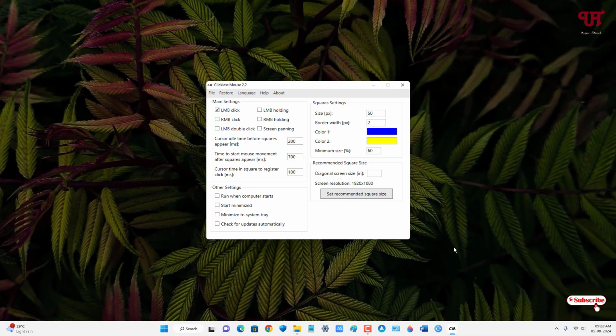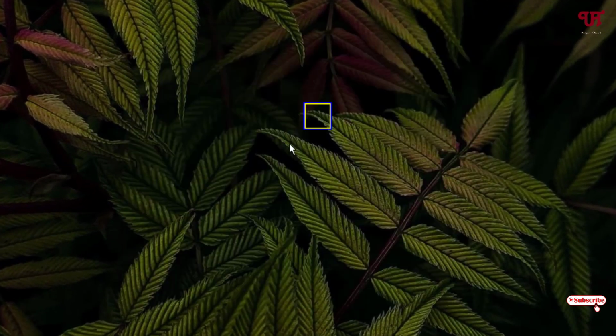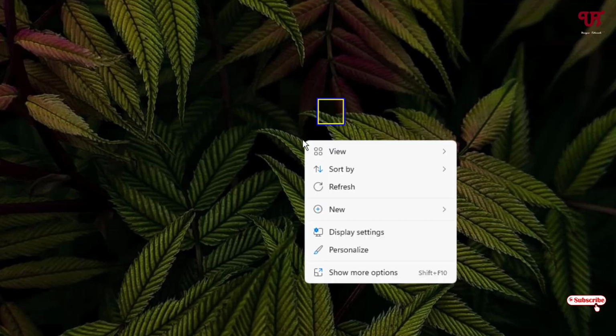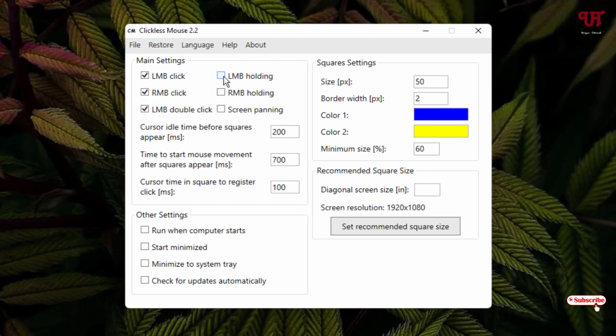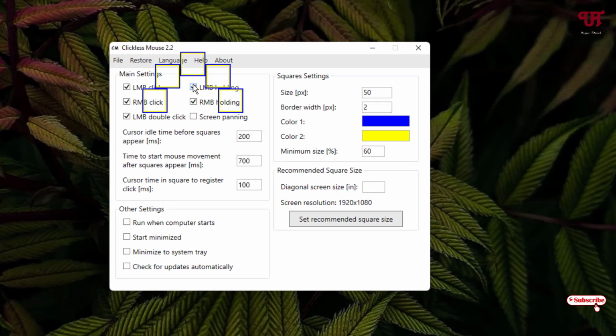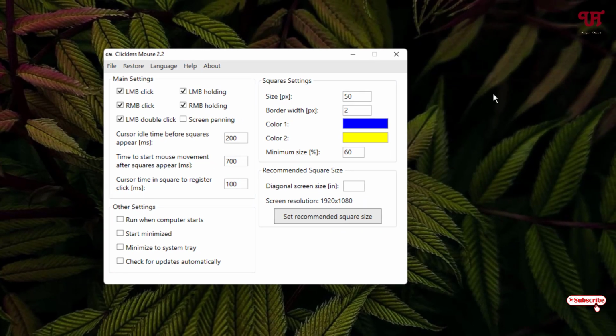Now you can see. So now let us perform a right mouse button click. Once you see the square, just drag your mouse cursor to the square, then it will perform a right mouse button click. So now if you enable all these options, let us check what really happens. Now you can see a tons of square icon appearing. So I have shown you the chart earlier what all those square indicates, so you can check out their official